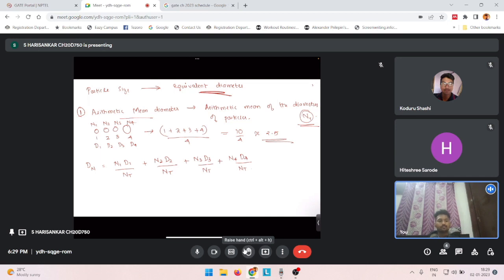So basically, you are just taking the arithmetic mean of the diameters by taking the number of particles having that diameter into account, right? So if you write a general formula for this arithmetic mean diameter, you will get something like dn is equal to sigma i equal to 1 to n ni di by nt,